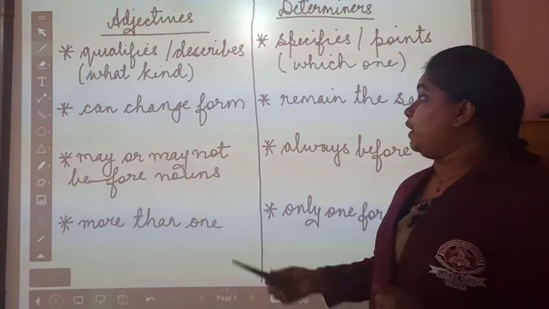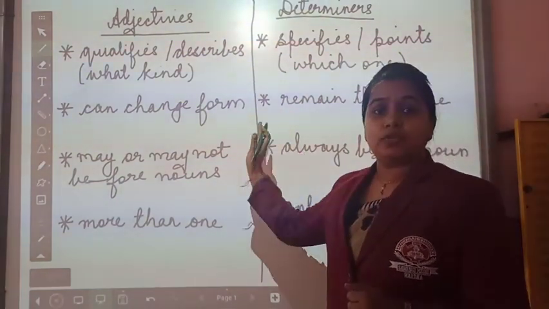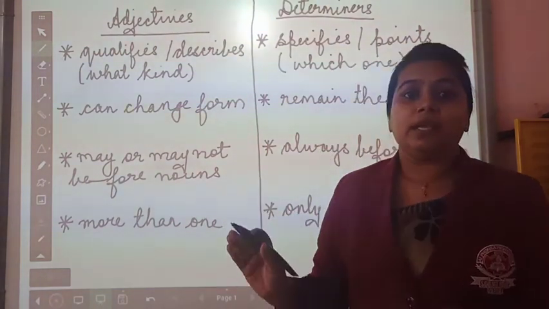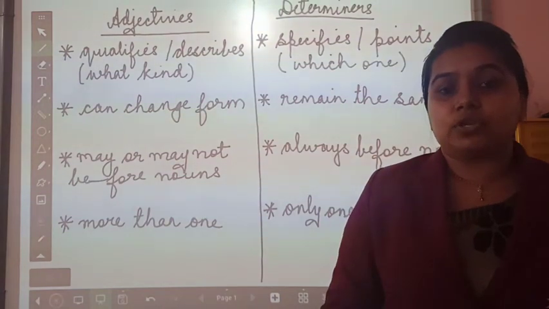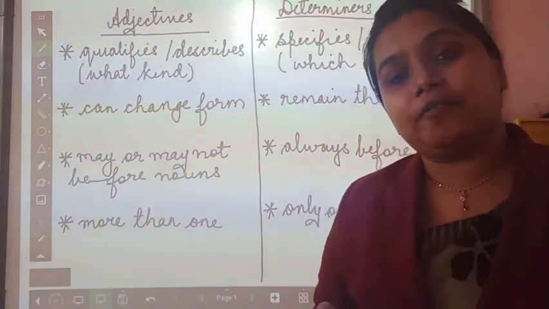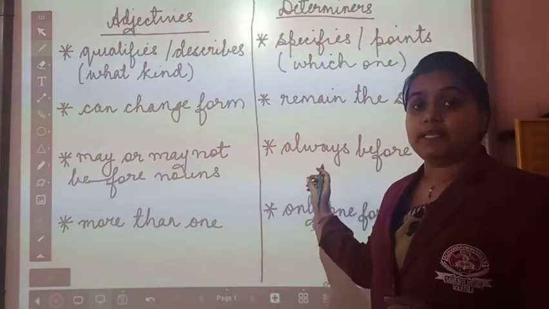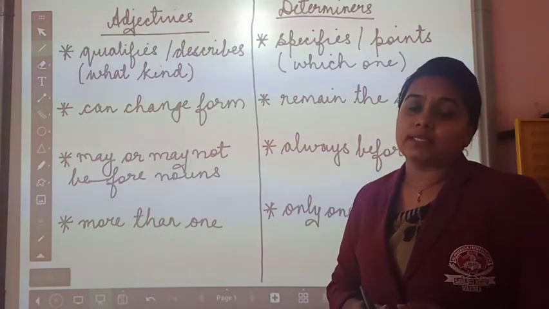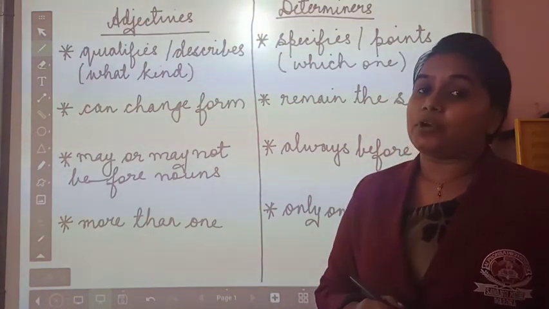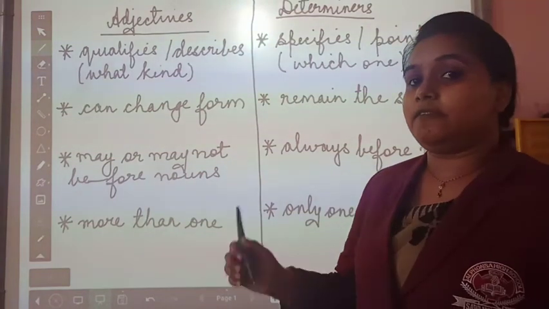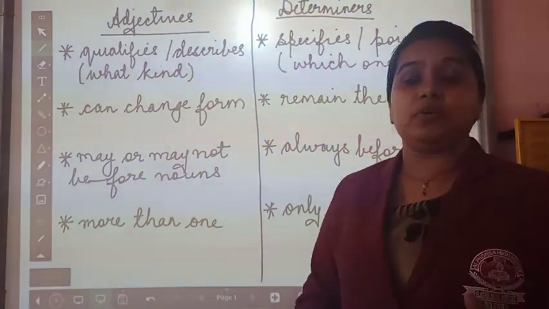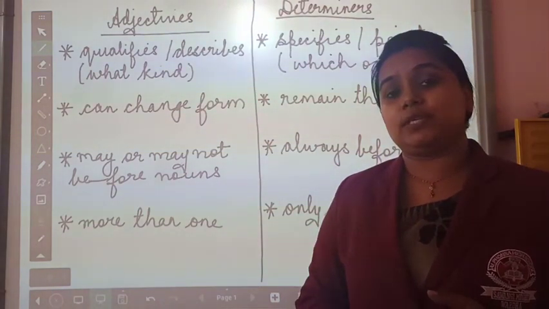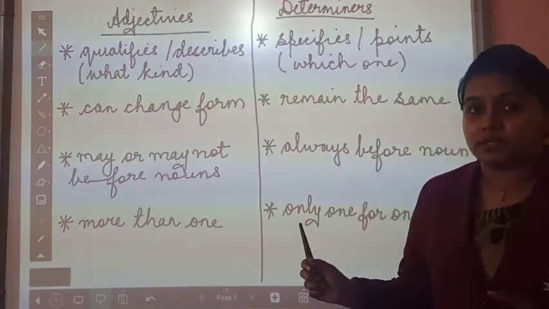As you can see on the board, I have drawn a thin line to separate adjectives and determiners. Okay. Similarly, in grammar language also you can say that there is a very thin line of difference between adjectives and determiners. Determiners are often confused as adjectives. So it is very important for you to understand what is the difference between them, which are the words that are adjectives and which words are being classified as determiners.